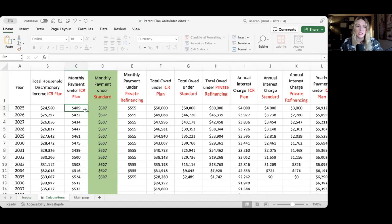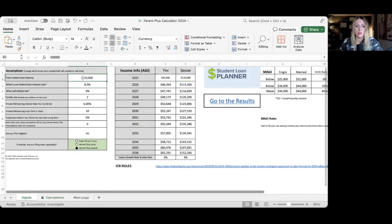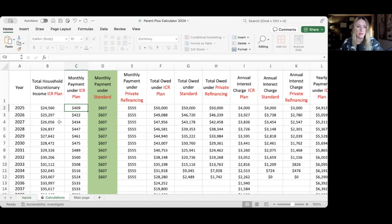ICR, interestingly, does have a payment cap. There's an amortization schedule where the payment can't go above what it would take to pay the loan off within a 12-year period. So the balance does matter when we're calculating the payment on Income Contingent Repayment. It can make the payment cap out at a certain amount, but it looks like the difference with this balance would be about $300 a month. In the comments, there's a couple of good suggestions: check with your accountant